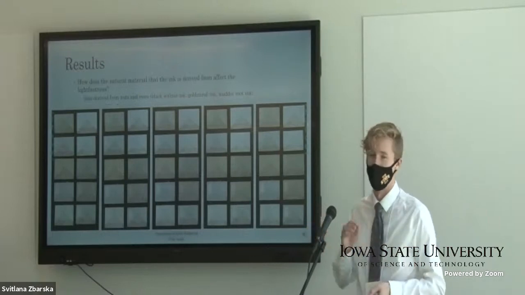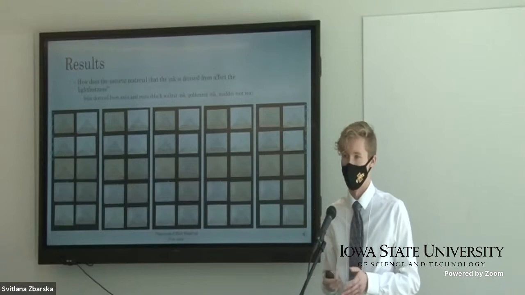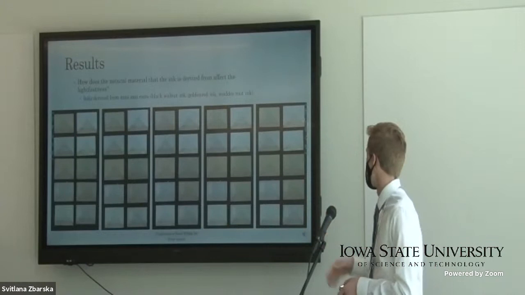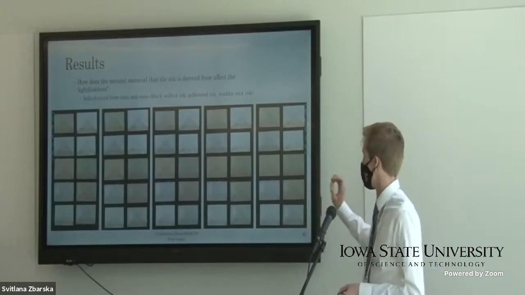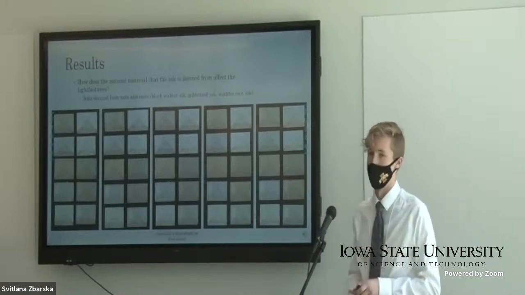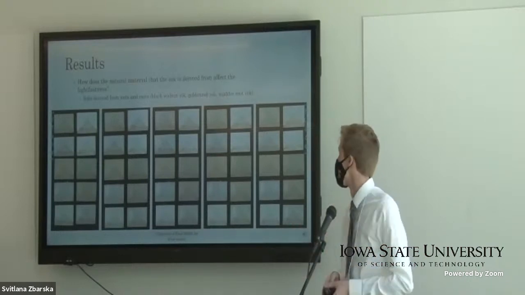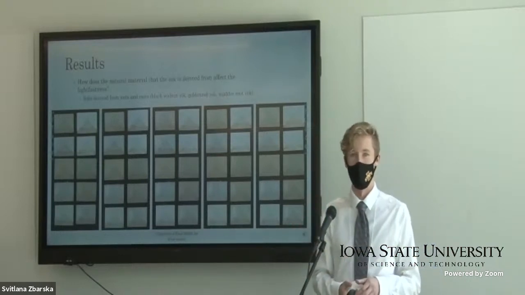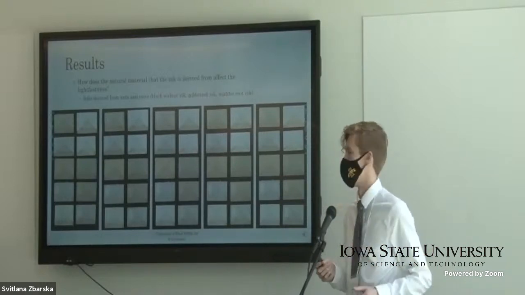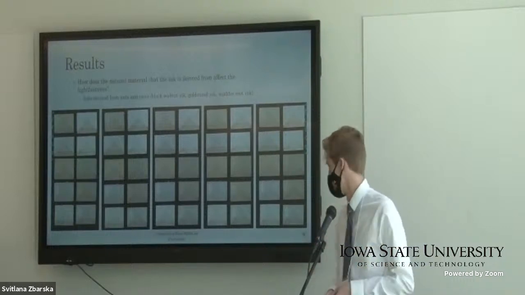And on this next slide right here, we'll look at another category of inks, which are inks derived from nuts and roots. This includes the goldenrod, the madder roots, and the black walnut. We can see right here over a progression of 4 weeks, the black walnut, which is pictured on the bottom of the slide right here, does not fade that much. This, of course, contrasts the information on the last slide, where the onion ink faded relatively quickly. So from these two slides, we can conclude that inks derived from nuts and roots are more light fast, meaning that they're more resistant to light, whereas inks that are derived from fruits and vegetables are not nearly as light fast and fade over a period of time.